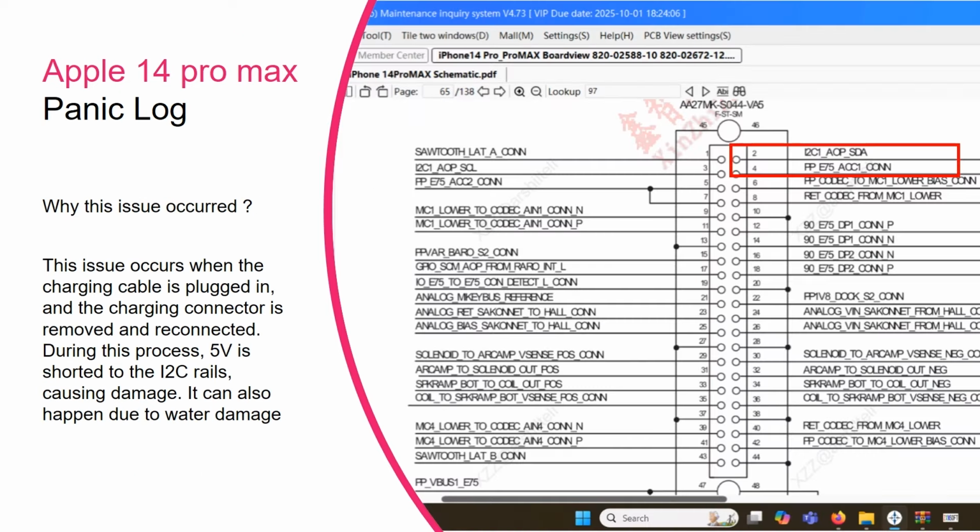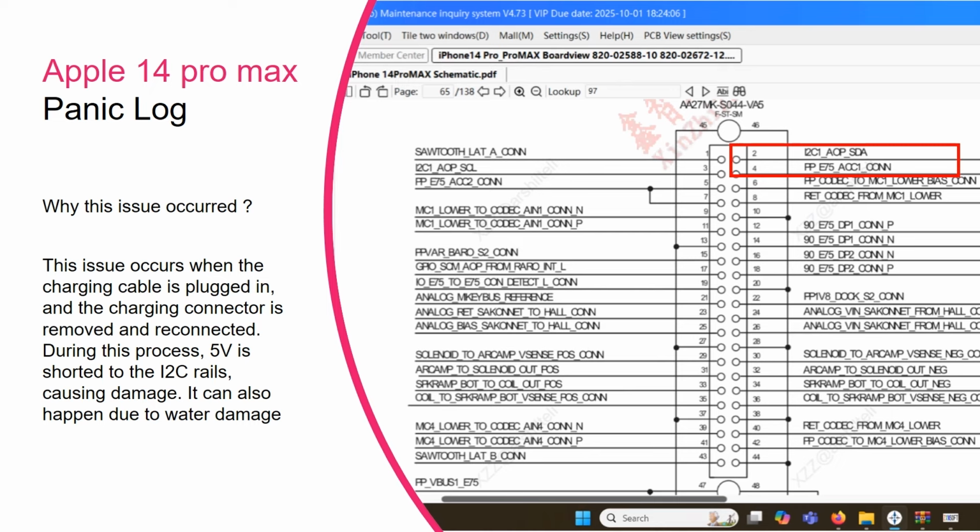iPhone 14 Pro Max, why is it happening? That was the question. So here is the reason, I'll tell you. PP_E75_ACC1_CONN connect. Basically, when the charger has been inserted into the charging port and you are going to connect your charging connector to the PCB,